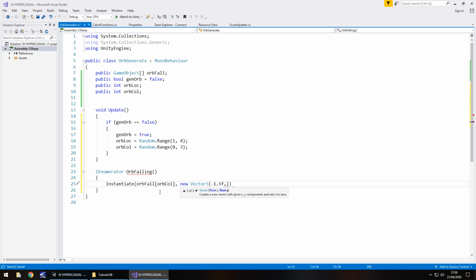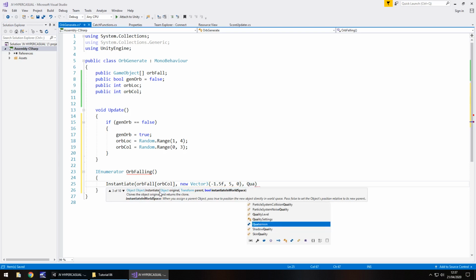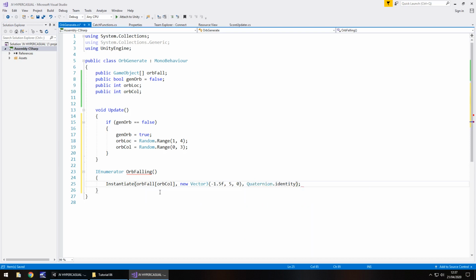That's the X position. The Y position is 5 and the Z position is 0. So close bracket, comma. So now that is the location stated. And all we need to say now is Quaternion.identity. And that completes the instantiate line.